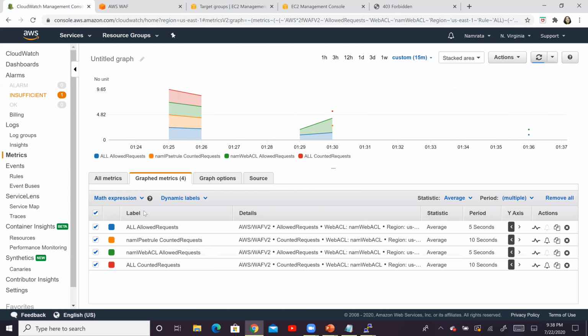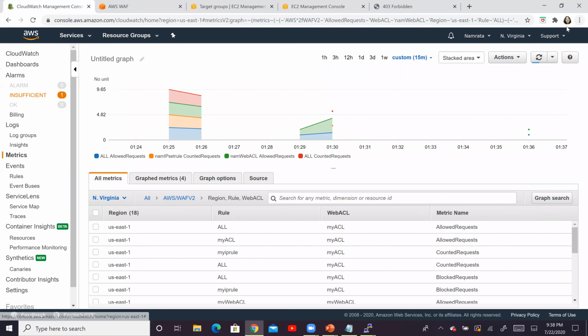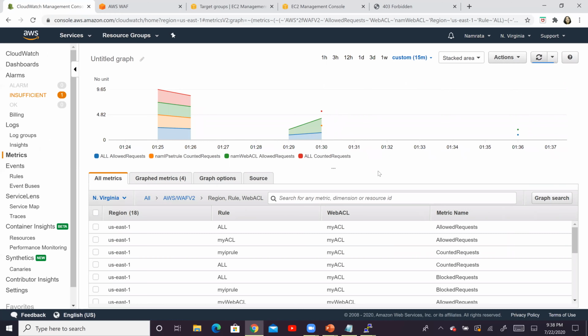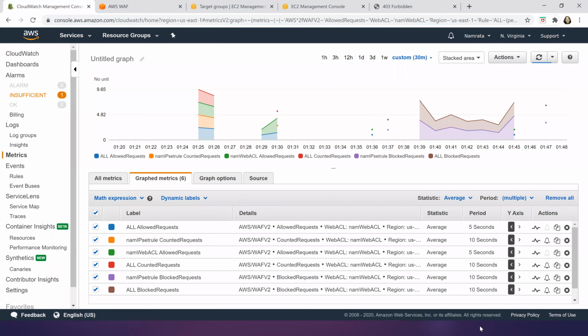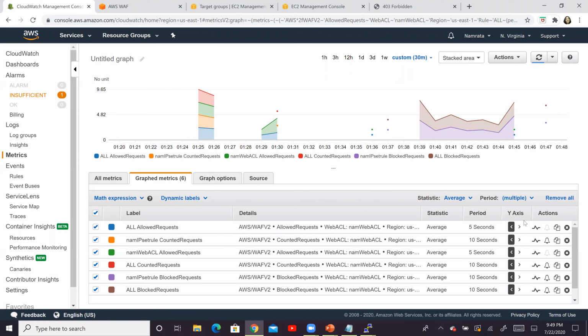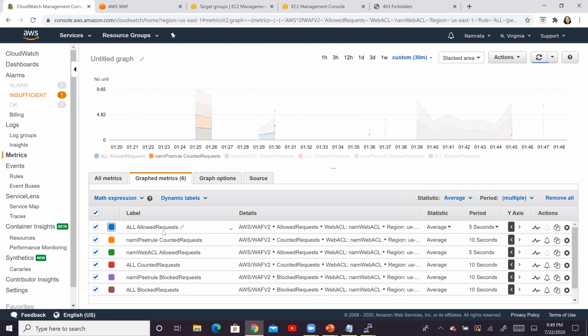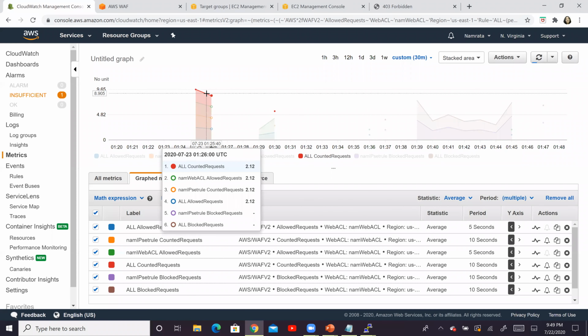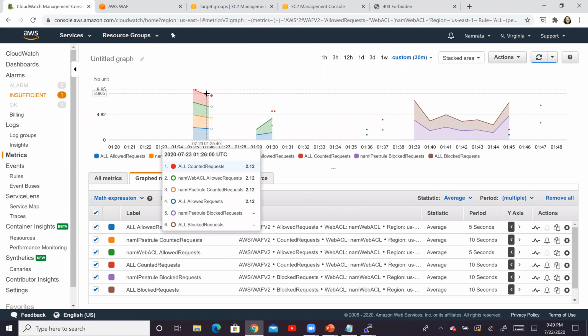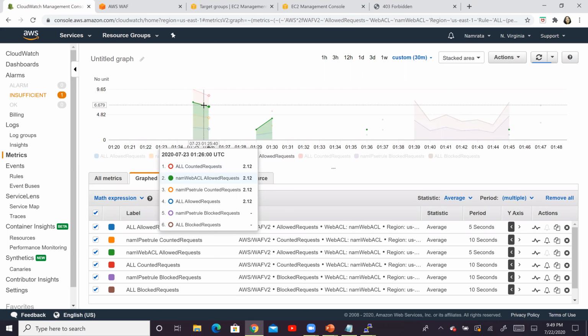So let me go back to CloudWatch, go back to Metrics, and refresh this. Finally, after refreshing the screen multiple times, we now have some significant data here. We have all of our metrics right here, and you can see the number of all counted requests and the number of allowed requests for our web ACL.